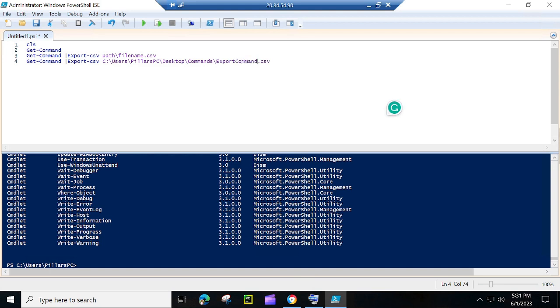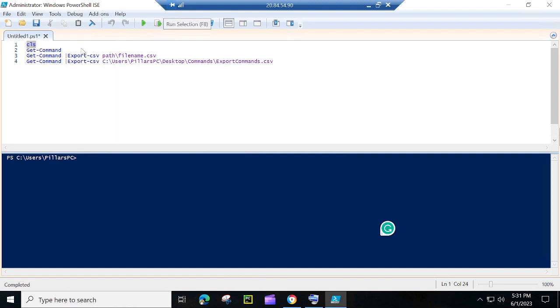Okay, let's just do it this way. Now you remember that, let's do our CLS. Then you remember that when we did our Get-Command, it gave us a lot of commands, right? But this time we do not want to output anything on this PowerShell, but would want to export whatever commands that Get-Command is going to give us